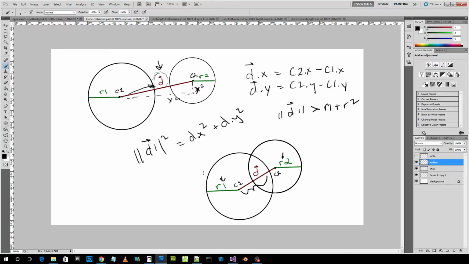So if it is, then these two collide. If it's greater than that, then they don't. So if the magnitude of d is greater than r1 plus r2, then there's no collision, which is the case up here. But if it's less than or equal to r1 plus r2, there is a collision, which is what you got there. So rather than taking the square root of this value, we're actually just going to leave it,